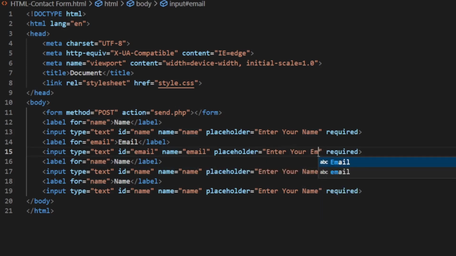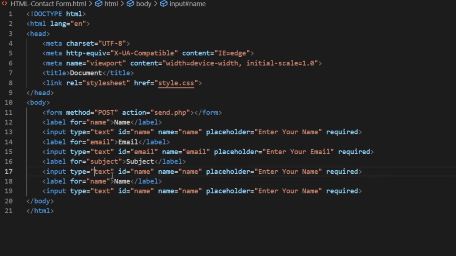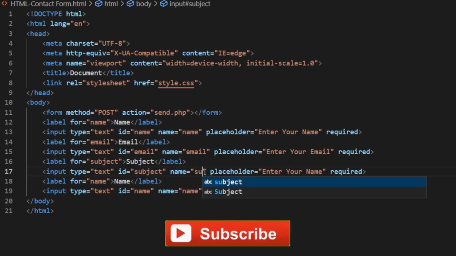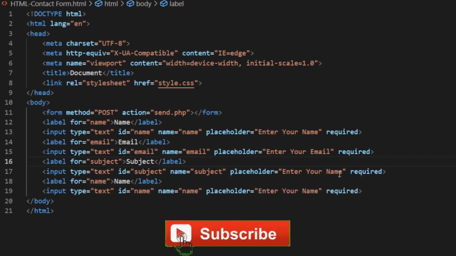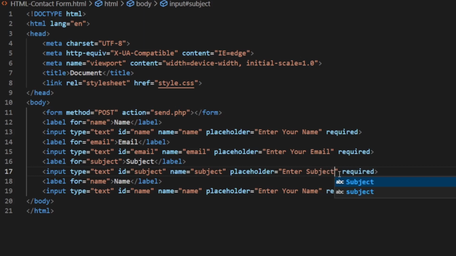Enter your email, and this is going to be subject everywhere. And the final one would be message,